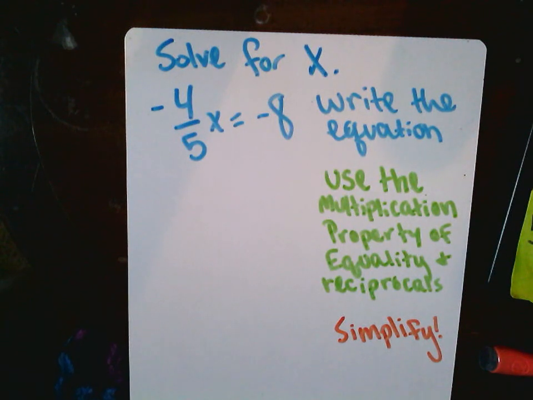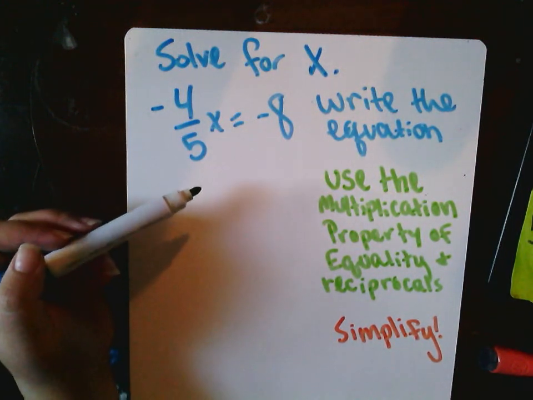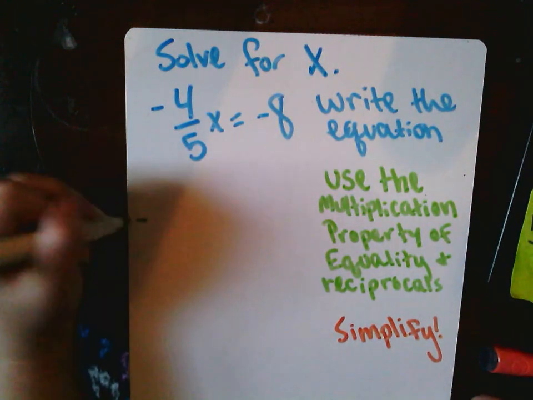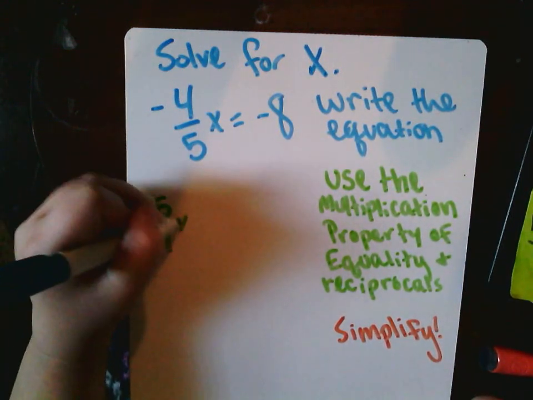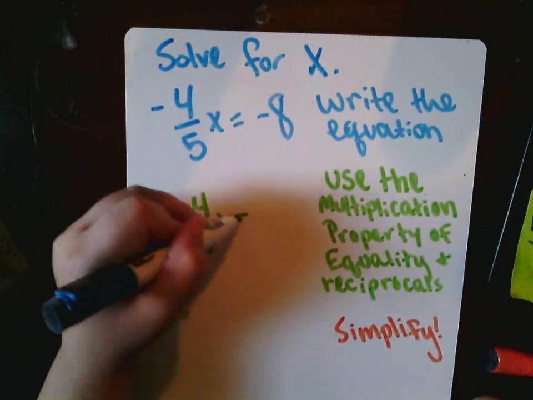Remember, reciprocals is where you use the multiplicative inverse, that big word there, where it just means that you are multiplying something by another number and you're getting 1. So to do this, the multiplicative inverse, the reciprocal of negative 4/5 is going to be negative 5 over 4. So we're going to say negative 5 over 4 times negative 4 over 5 x is equal to